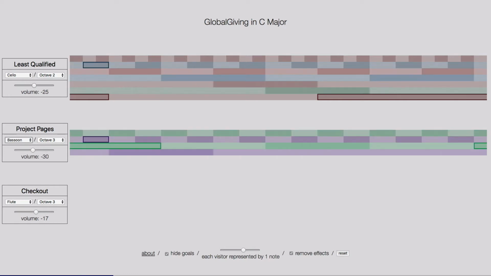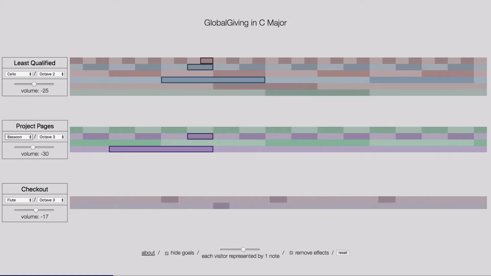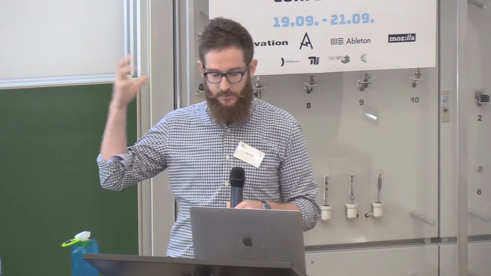What I've created is a procedurally generated song. It's theoretically infinite, and it changes to mirror the changes in the site's traffic patterns. My goal here, like I alluded to at the beginning, was to create something that can exist around you, something that will ambiently inform you about something you care about while not monopolizing your attention.